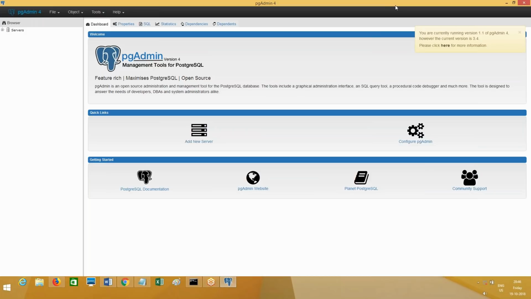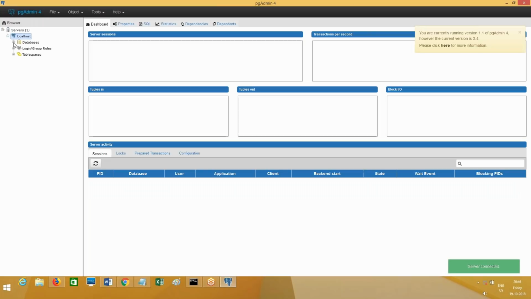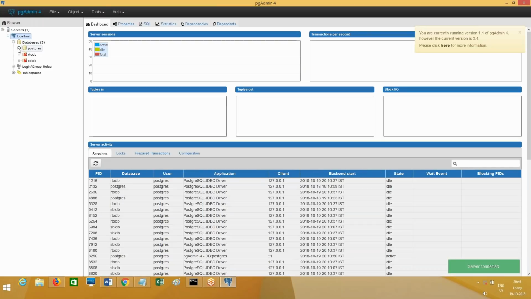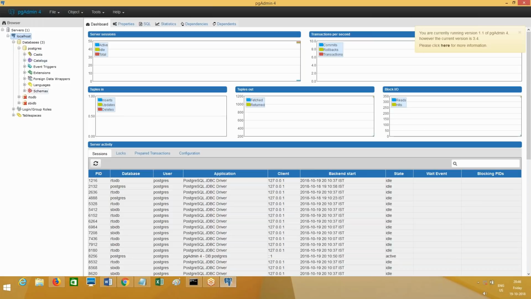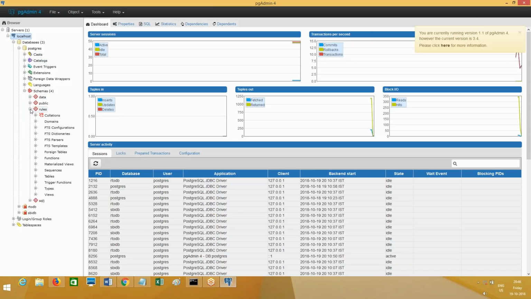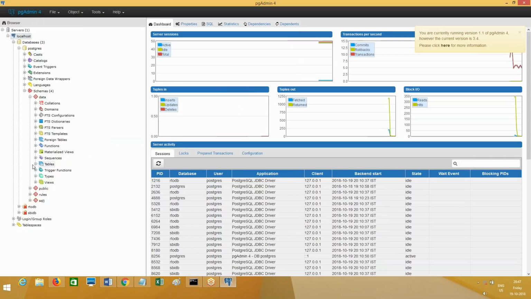Everyone clear with this? After you configure and everything is done, how to navigate through the tables is given in screenshots. Let me go. Databases, Postgres, schemas. For your information, I'm showing all this. As of now, it is not required. Just take your time and implement it, because you have 2 days. Now here you go. What is the table name I told? PC underscore work. This is the table where the work object gets stored generally.